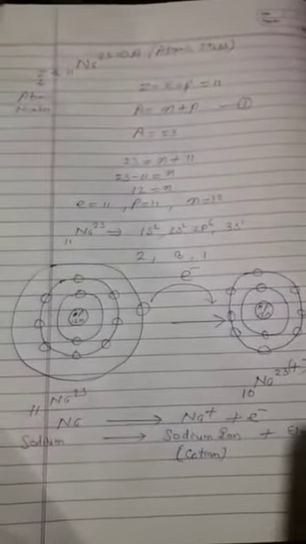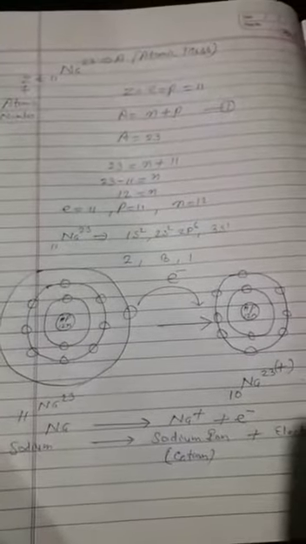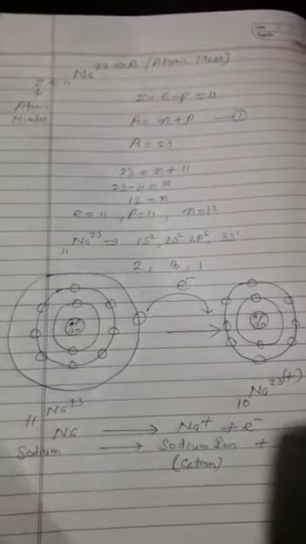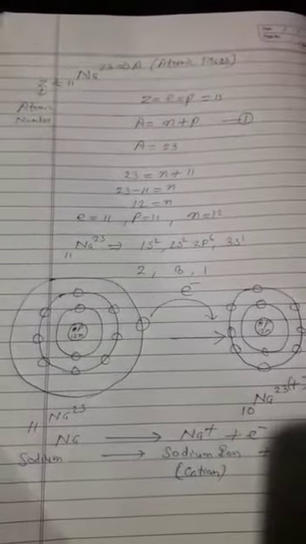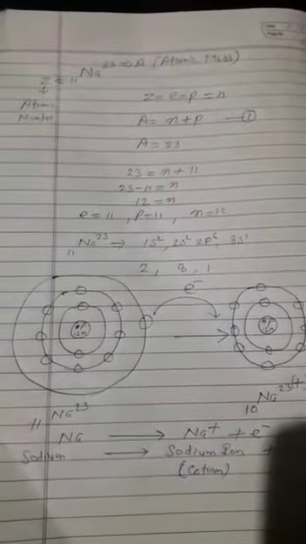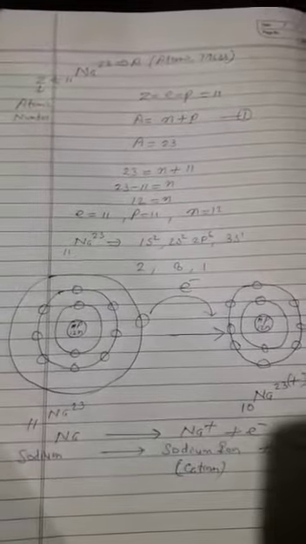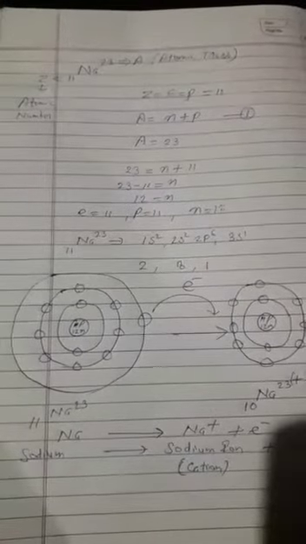Today we start a concept: how to convert a metal to its particular ion. We take the example of sodium. You know how to write sodium as 11Na23, where 23 is the atomic mass and 11 is the atomic number. You know very well that atomic mass is equal to the number of protons plus the number of neutrons, and the atomic number is represented